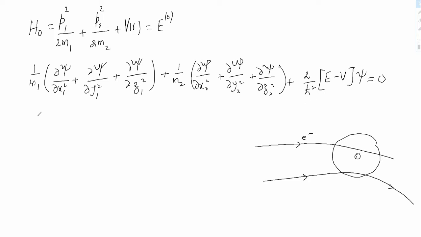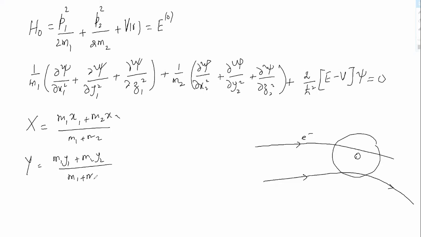Okay, then we introduce center of mass coordinate X equals m1 x1 plus m2 x2 upon m1 plus m2. Similarly, Y equals m1 y1 plus m2 y2 by m1 plus m2, Z equals m1 z1 plus m2 z2 by m1 plus m2, and then their relative coordinate,